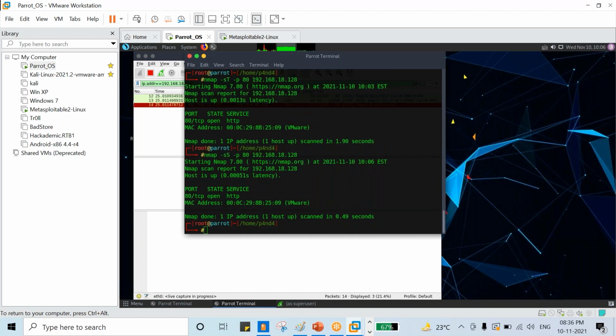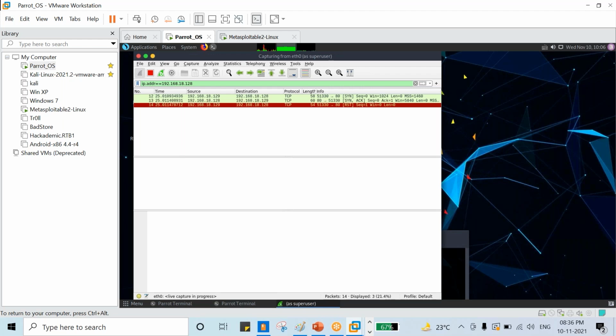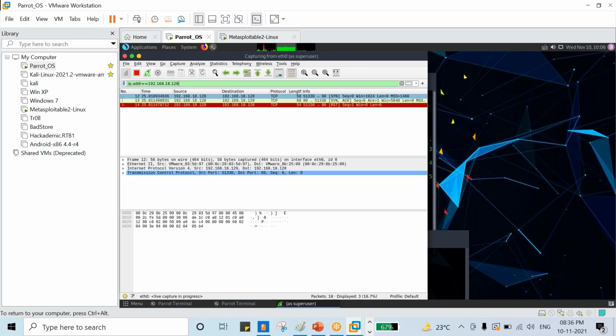Yes, I have done this one. You can see in the Wireshark, we have sent a SYN request, we got SYN and ACK, and next we have sent a reset in the stealth scan. Already we got a reply from the server, right? That particular machine, that particular victim. Finally, we are sending a reset. Why contact again? Why send again? That's why we are closing the connection. SYN, ACK, reset, right? Are you able to see this pattern? SYN, ACK, reset.